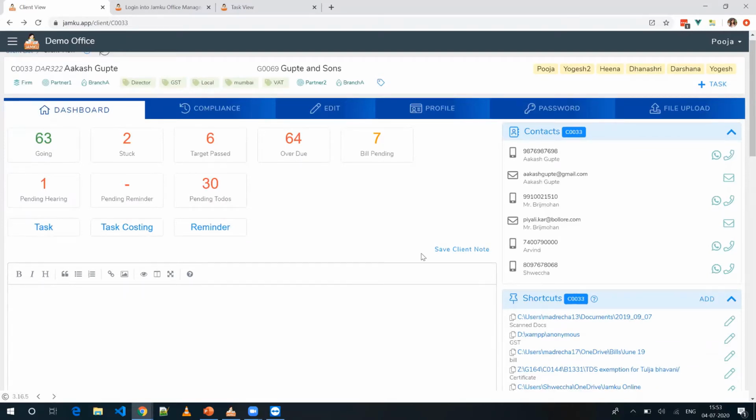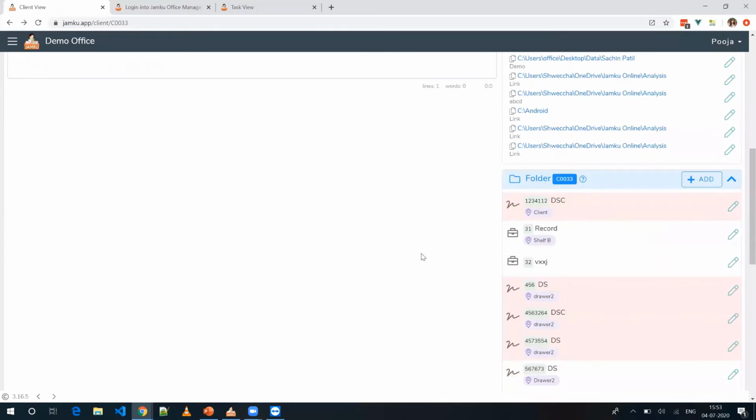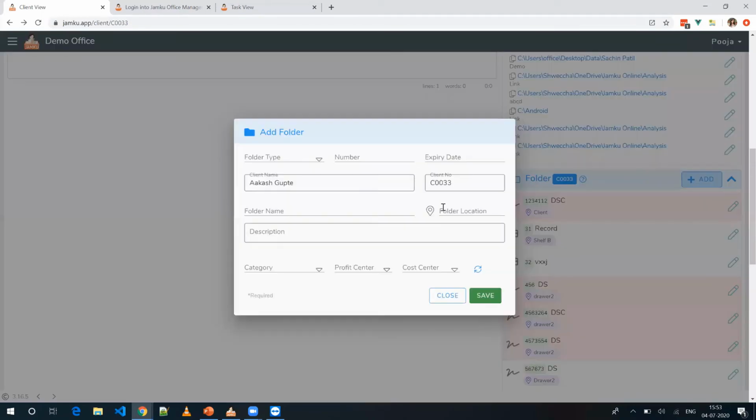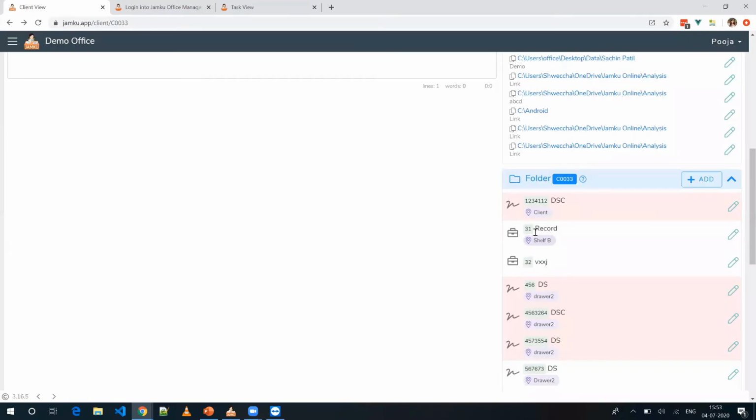Now coming to the document management part of this client. For this client, whatever documents I have with me, how can I manage that? So first is for your physical documents, like whatever physical files, hard copies are kept in the office for this client, for that I can maintain a record over here of where that thing is kept in the office. The location I can mention over here, which drawer, which shelf, or whatever names you give.